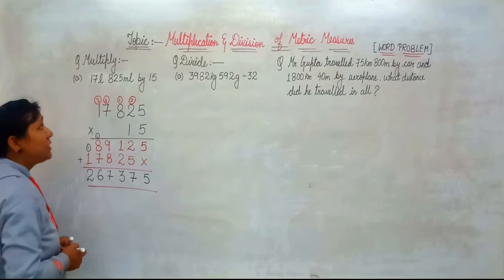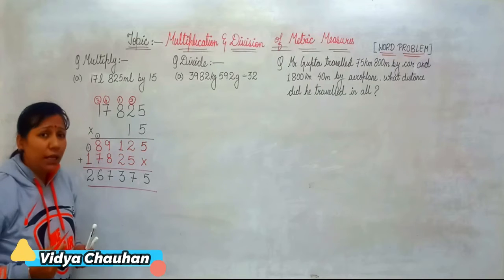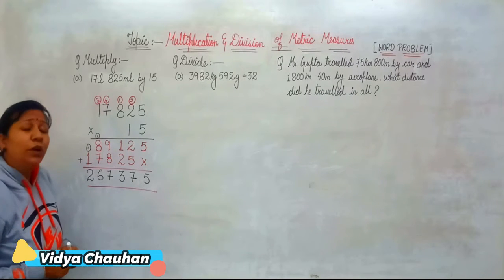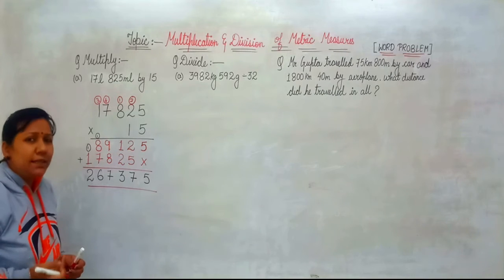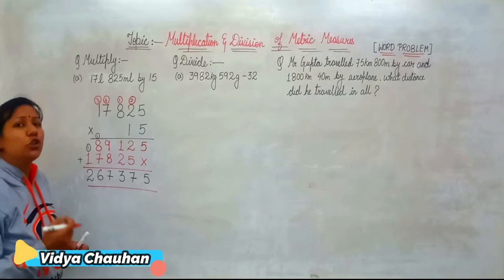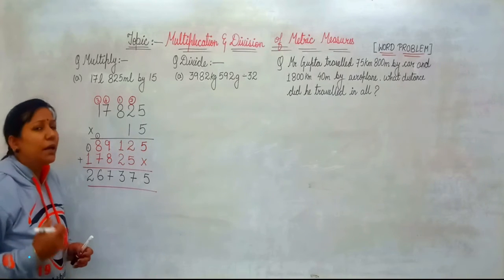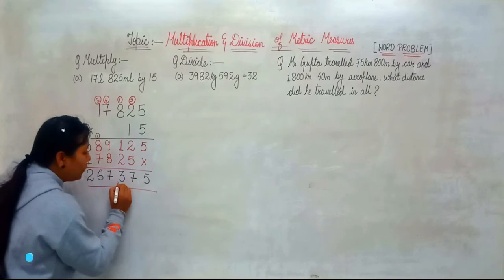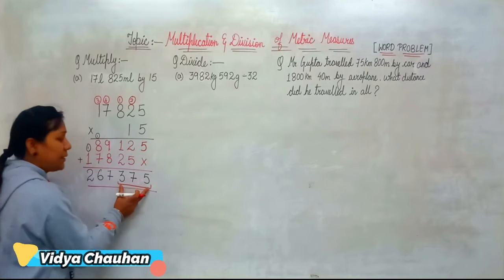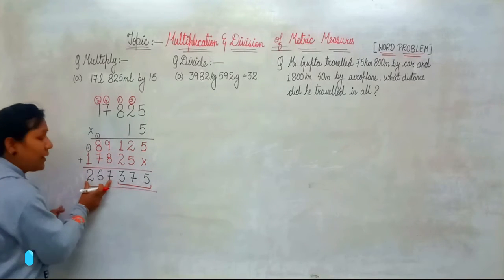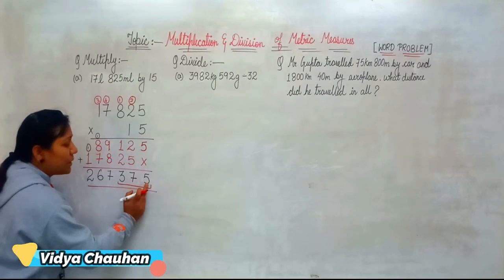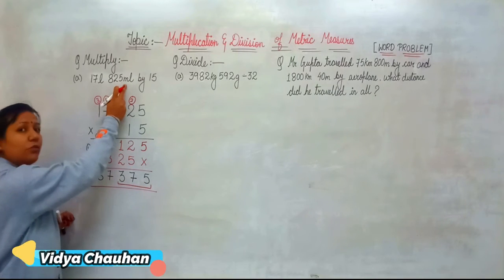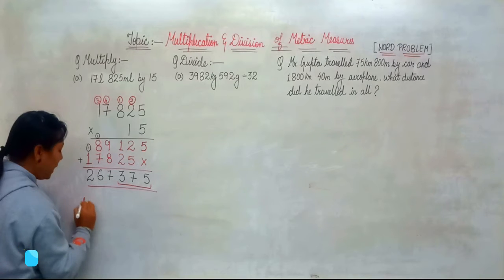So students, as you know that the relation is 1 liter is equals to 1000 milliliter. That means the value in milliliter should be less than 1000. It means it should be a 3-digit number or a 2-digit number, but can't be a 4-digit number. So here what we will do, we will actually separate the last 3 digits and then the rest of the digits. So we will separate 1's place, 10's place and 100's place digit and that we will put along with milliliters. So what will be your final answer then?